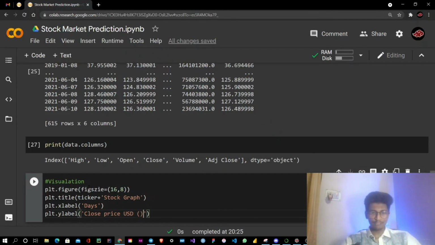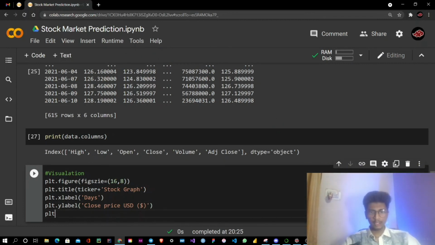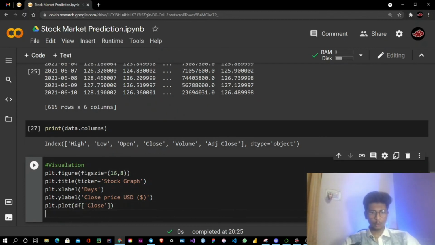So that's not efficient, so we will visualize in USD. I will also enter the dollar sign here for better understanding. plt.plot, the data frame we have given, and here we need to enter the column. We are visualizing the close price, and here plt.show for showing the graph.